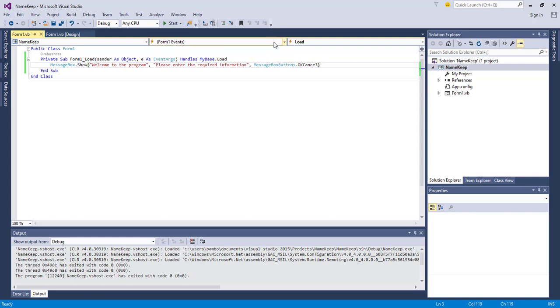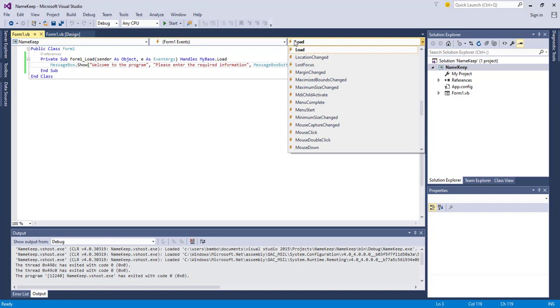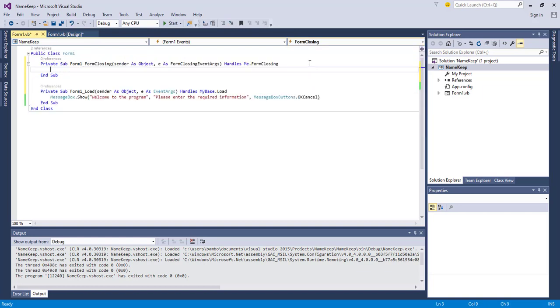Okay, at the same time, we can also have a form event that is not a load. Maybe we can say on form closing. We want to also have another message that is similar to this one. So we already know what this does, so we can simply copy and paste it there, and we want to change the content. So this is what we find at the bottom section of our message box. So we want to put the following: